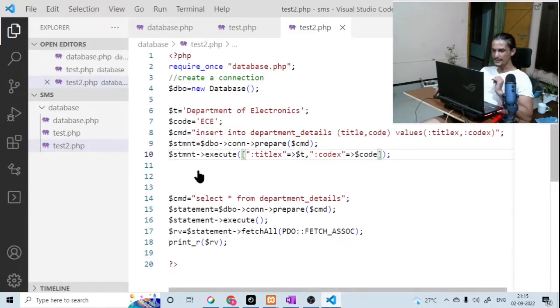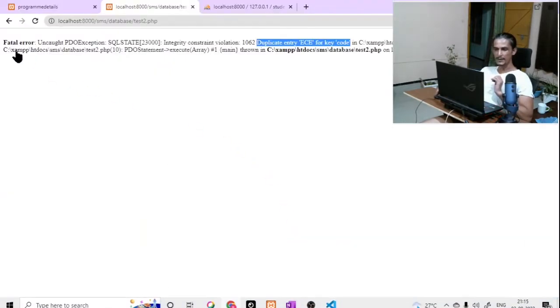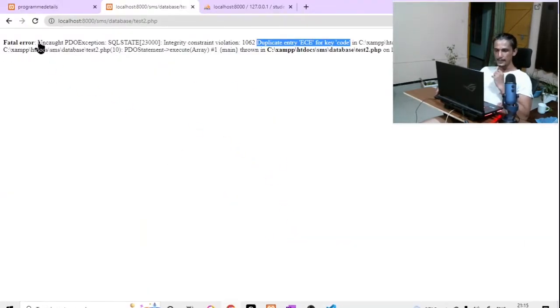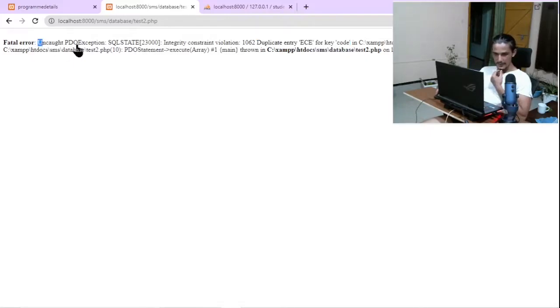But the thing is that it is showing me an error, a fatal error. How do we handle it? See here, this error is giving you some hints. It is an uncaught PDO exception. When I told you about the try-catch block, I mentioned the word exception. Exception is something like something unusual happened. And if you think that when you execute your code something unusual might happen,